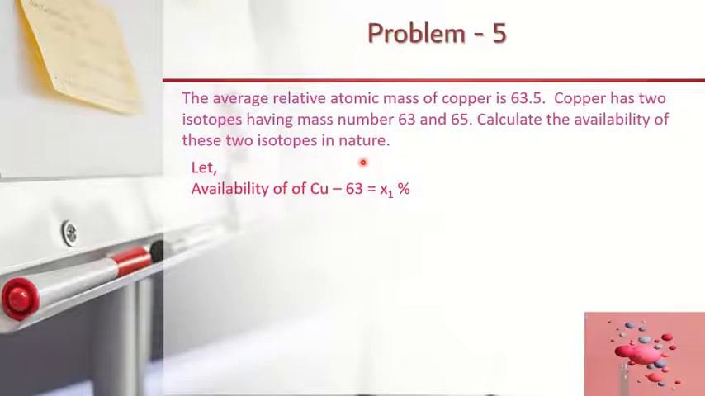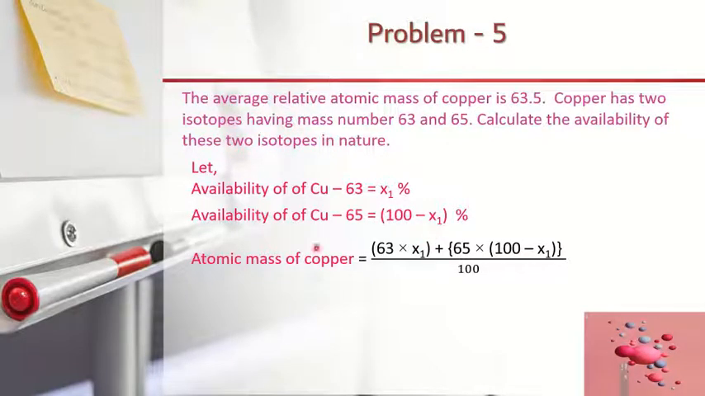Here, the availability of copper-63 is x1% and the availability of copper-65 is 100 minus x1%, because there are two isotopes. If one is x1, then the other will be 100 minus x1. The atomic mass of copper is abundance times its mass number 63, plus abundance 100 minus x1 times its mass number 65, divided by 100. The atomic mass of copper is given as 63.5. So after putting in this value and calculating, we get